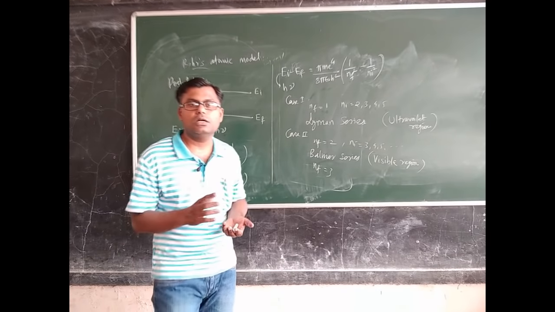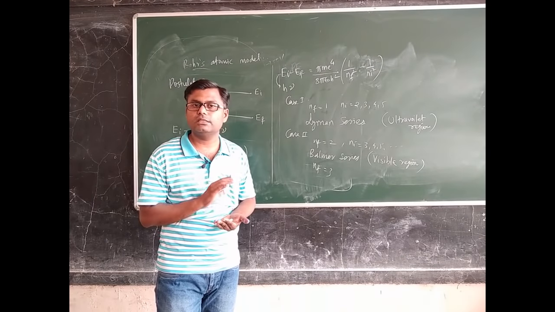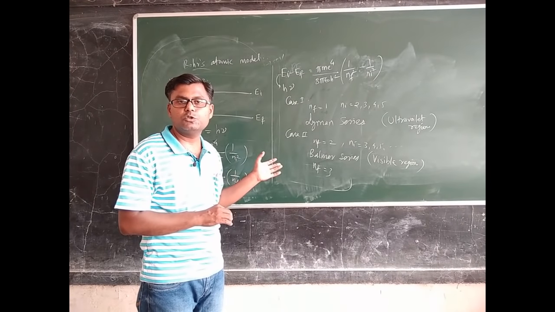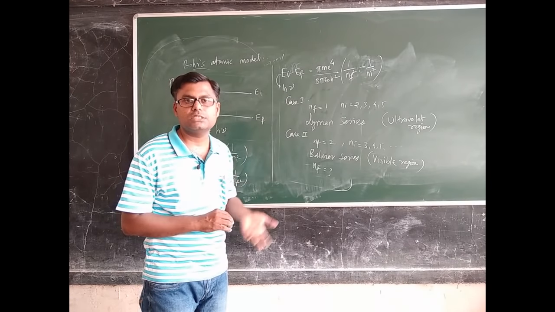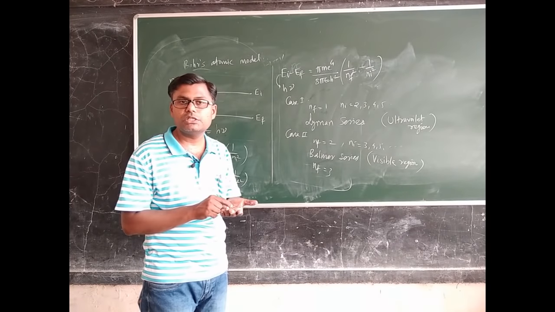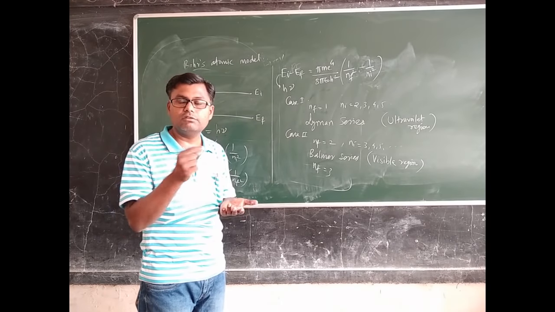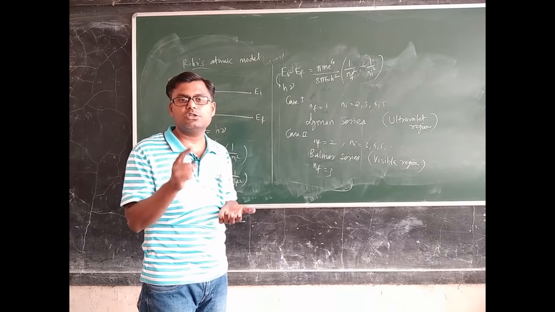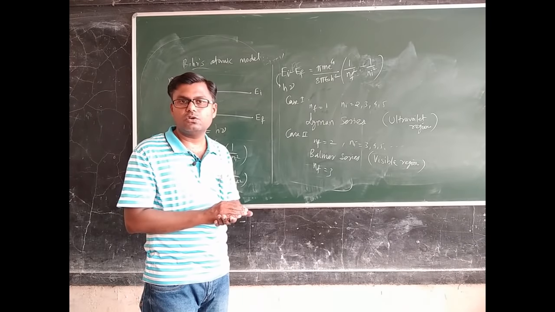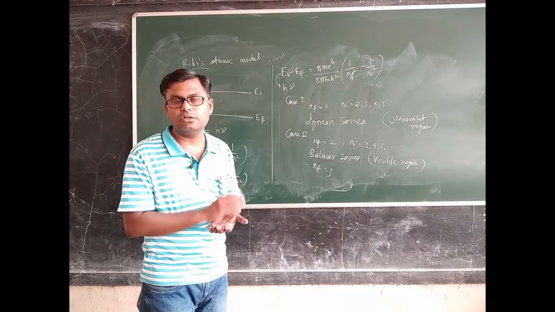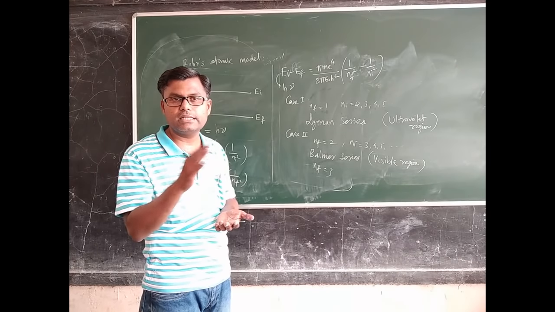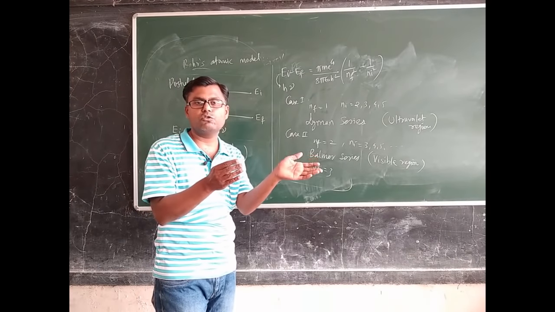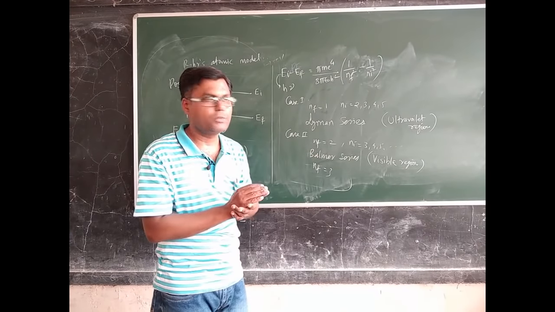So see what a miraculous job has been performed by Bohr. He has given 3 postulates, and all 3 postulates contain so much precious information. We get the information about the stability of the atom. Even if the electron is revolving in a circular orbit, it is not radiating. Such orbits are called stationary orbits. So an electron will not emit any kind of radiation there, so its energy will not decrease, and the electron will not collide onto the nucleus. So that difficulty in the Rutherford atomic model was completely removed.